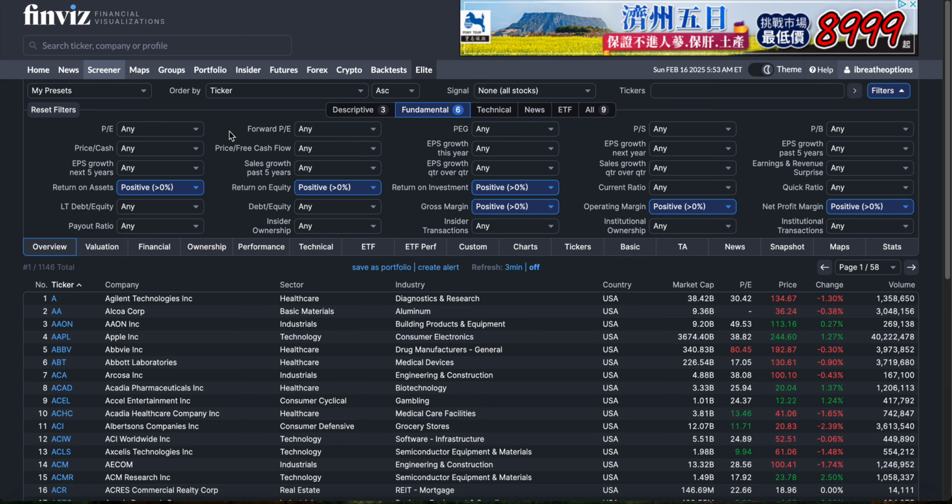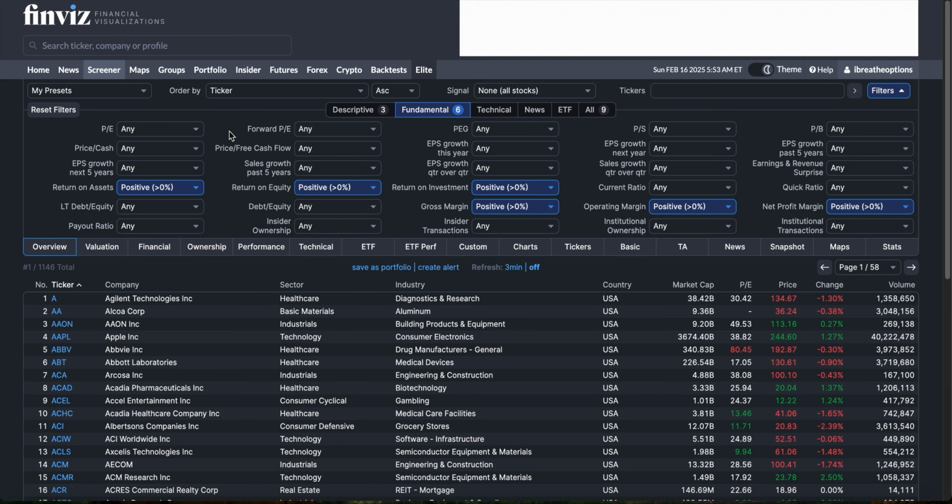So what I would see is, is there a decrease in the forward PE? Because if it's a decrease in the forward PE, it means that the forecasted earnings have increased. So the first criterion for PE is that the PE to forward PE must decrease, which indicates higher earnings. And